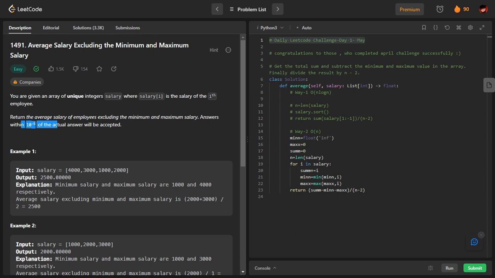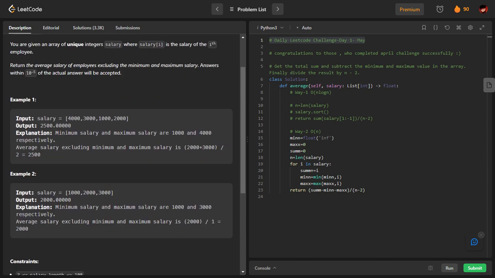If you are solving this question in C++, you have to keep this in mind. But if you are using Python, there is no restriction on the size of what we are storing, because we don't define the data type before storing it. So in Python it's not a problem. But if you're solving using C++, then you have to choose a proper data type, and I will suggest double or long double.